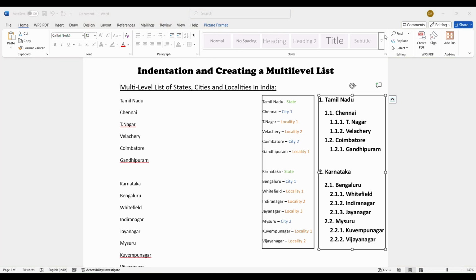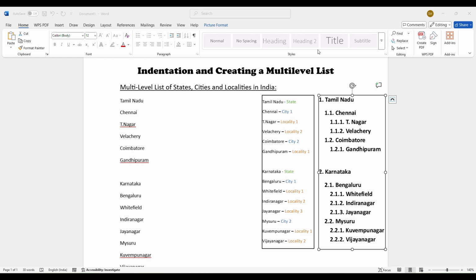Also, what you'll often notice with multi-level lists is that they're often represented in a hierarchical manner. So what we mean to say by that is that there is always going to be a parent list item, and then there'll be a child list item inside of that, and within the child there can also be another child, that is, this child can be the parent to another child as well. So we often notice a hierarchical representation of this, which means that within a multi-level list of states, cities and localities, we know that state is the parent element, which means that the cities and localities are present inside of the state. So it is represented with a little bit of left indentation, which means it starts from the left